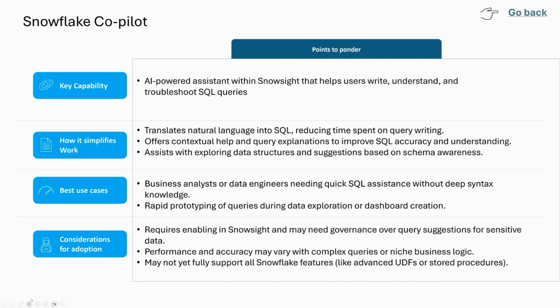If the query is already written, it can also help to refine or improve the SQL.